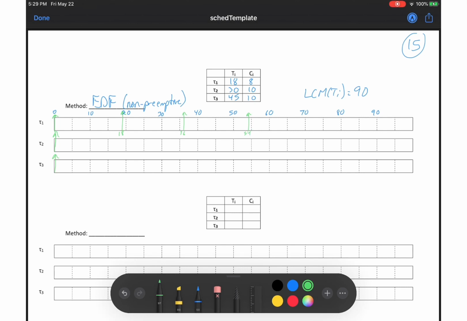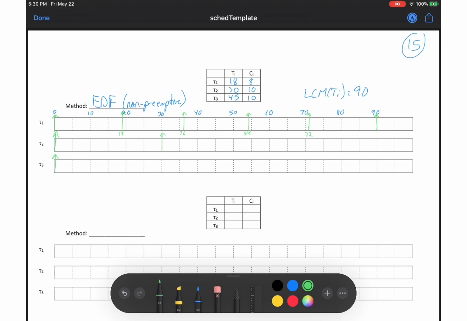and there's a scheduling problem in the homework, and there will probably be one on the second quarter test, so I recommend you always start by just filling in the deadlines. The next deadline for task 1 is at time 72, and then the last deadline is at time 90, and we'll stop there. So task 2 has a period of 30, so it will be released at time 0, at